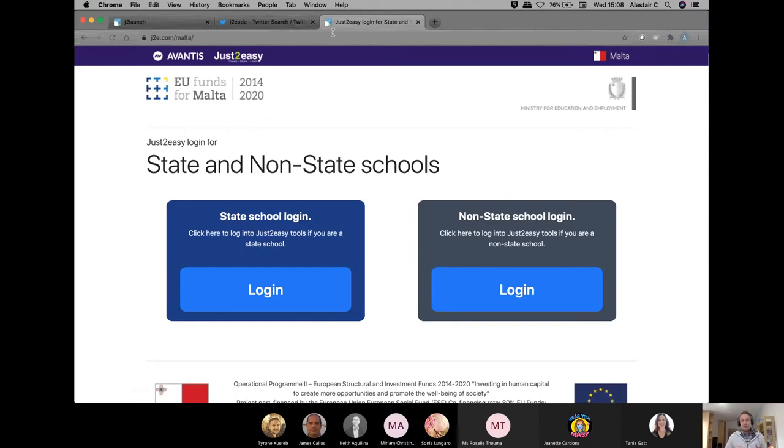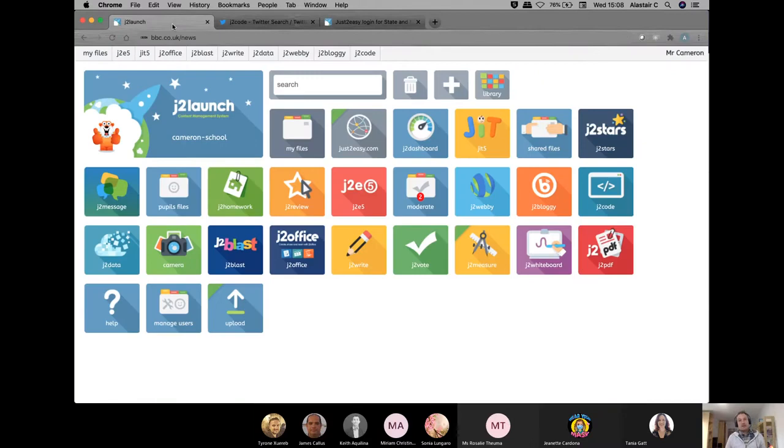Here you choose whether you are one of the two options on the page. Once you've done that, you log in either with your iLearn credentials or your Microsoft login credentials, depending on where you're from, and it'll get you straight into J2E. And here is what you'll see. If you can't, then please do get in touch and we will be able to resolve that the very same day for you.